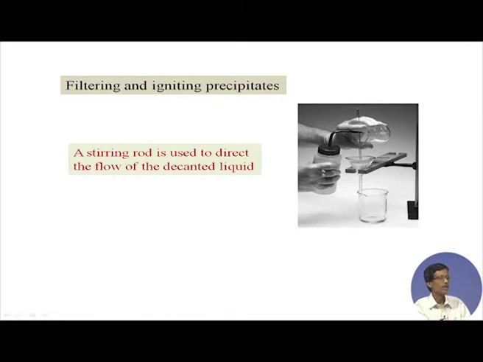Then we use the water jet from the wash bottle. In our school days, we usually used to make this glass wash bottle from glass bottles with a water jet, but this is a plastic bottle. When you press it, the water jet comes out. The water jet is pointing towards this particular side and it is basically cleaning the beaker. Basically, it is a cleaning, washing and transferring process, where the last trace of ferric hydroxide, if it is adhered to the side of the beaker, can be transferred onto the filter paper. Okay.